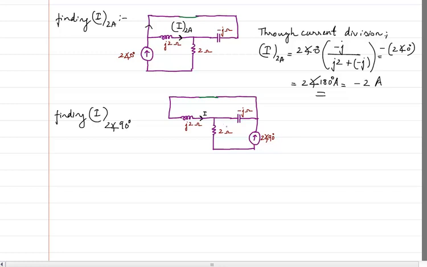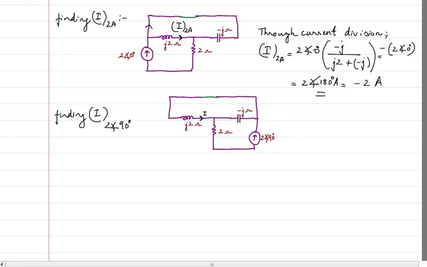So I have shorted that, and now I am interested in finding out this current, and that is all okay. Why is this okay? Because again you are having minus j ohms in parallel with j2, and the current that is coming, which is 2 angle 90 degrees, is getting split between this branch and the minus j branch.